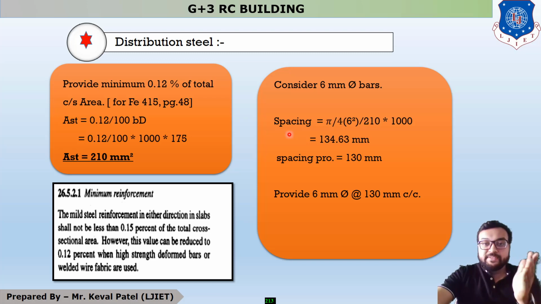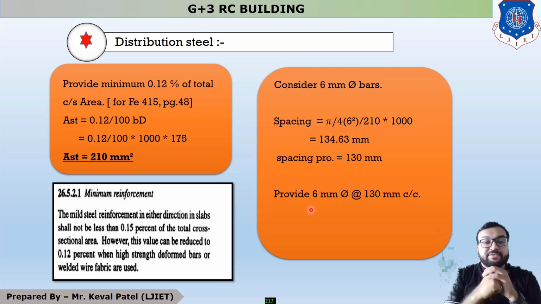And it was already discussed in the last example that in the distribution steel we have to provide 8 mm diameter steel because 6 mm production is closed. Okay. After finding out the spacing, the next step is to find out spacing provided, and at last we have to provide AST. So students, this is the end of today's session, and also this is the end of our example number 2, which is one way continuous slab. So thank you for today's session.